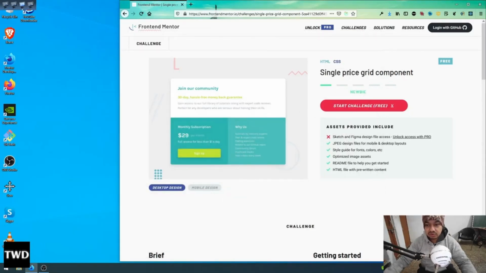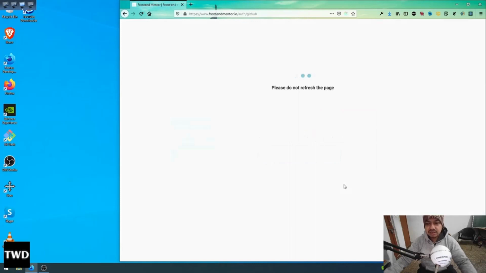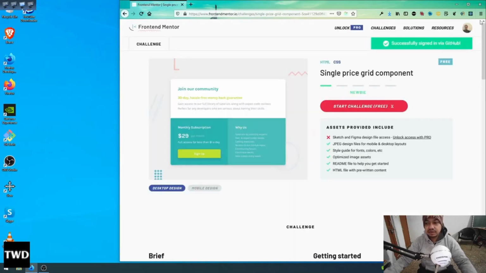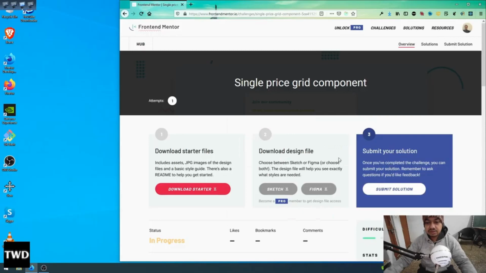So today we are going to do this single price grid component. So for that, what I'm going to do, I have come here, and you can go to challenges and you can find all the different challenges there. So after that, I will download this. Oh, they are asking me to authenticate, so I'll authenticate. Okay, so I have authenticated. So let me download it. So happy coding, downloaded, get started. Yeah, download starter,